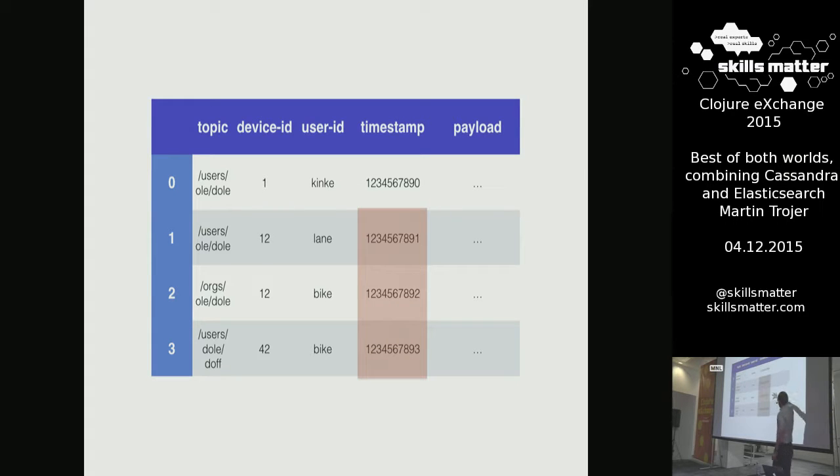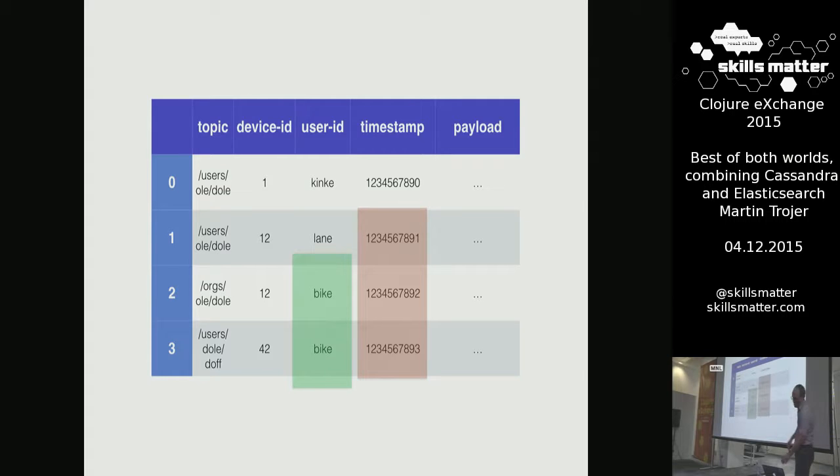You want to do a filter on the timestamp. So I'm looking at yesterday or a week ago, or you have a window of time you're interested in. And then you also have a filter, right? You want to filter on a topic, or on the device, or on a user. So these are the core two components of the bread and butter query we do all the time when people access the historical data.